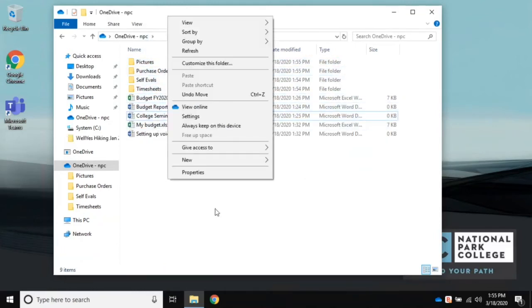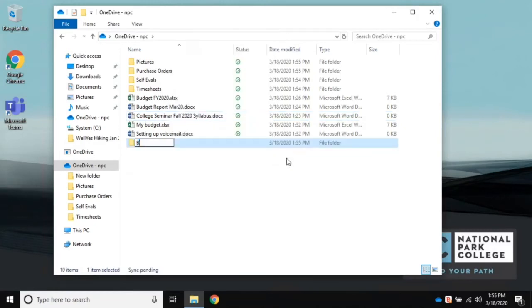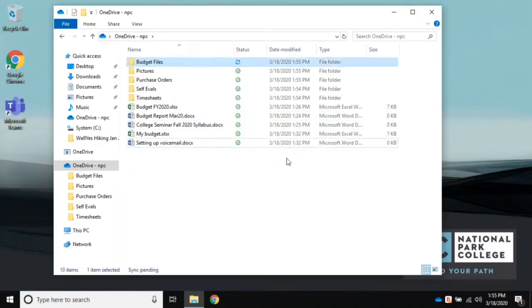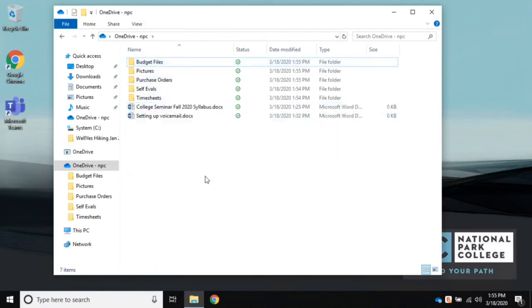I'm going to go ahead and create one more folder while I'm at it. I'm going to go ahead and call this one Budget Files. And I'm going to take these. Okay, so there was a huge mess there, but in about 2 or 3 minutes I was able to tidy that up real nice. Now that it's all on OneDrive, I'm going to show you guys how to access it